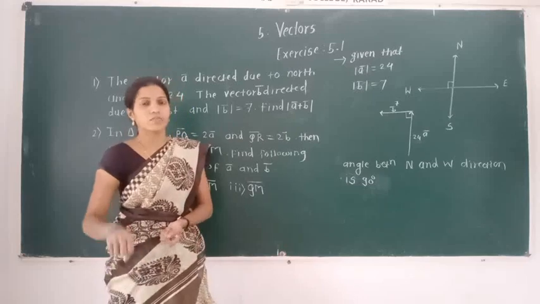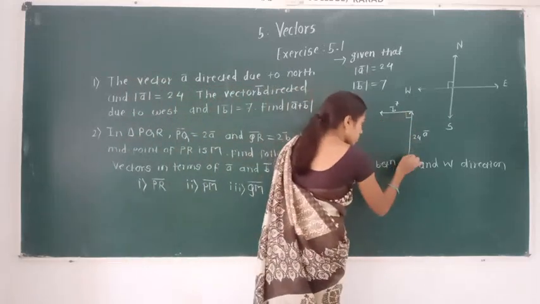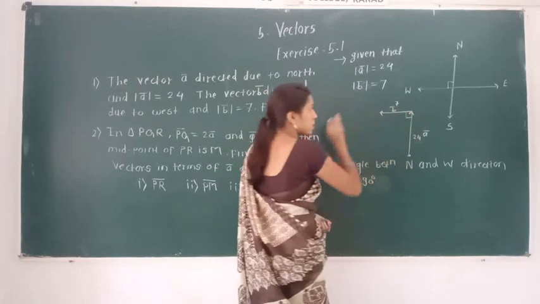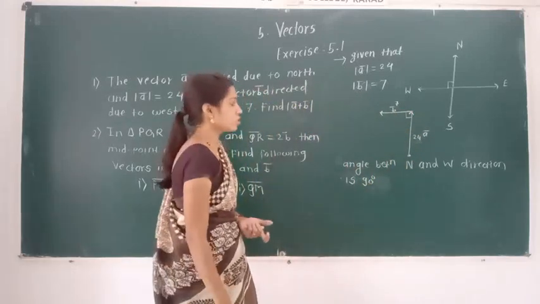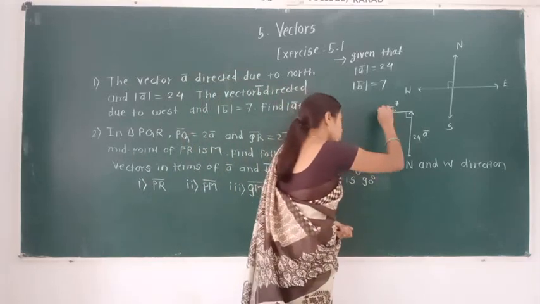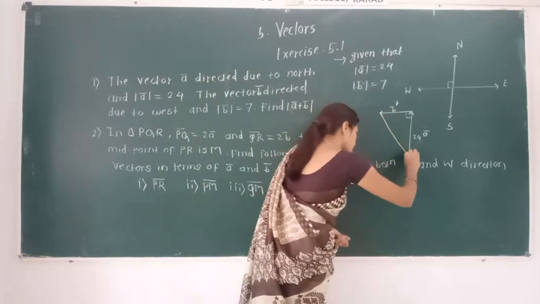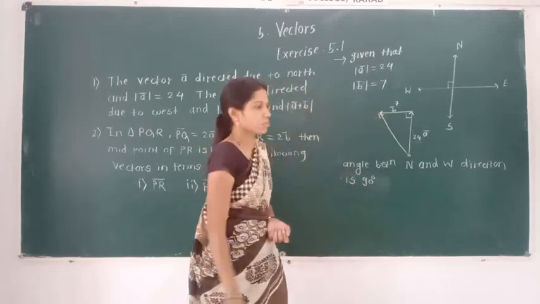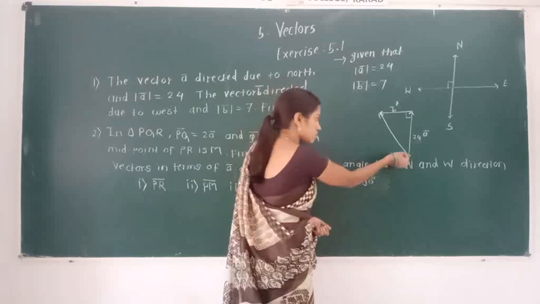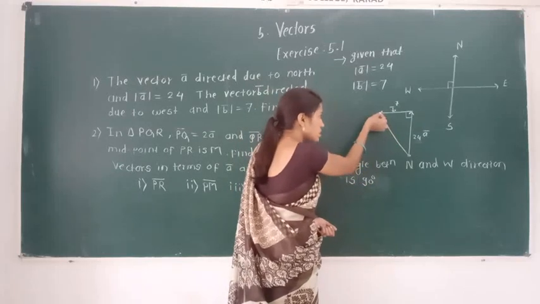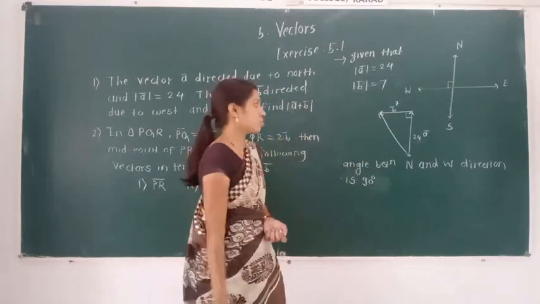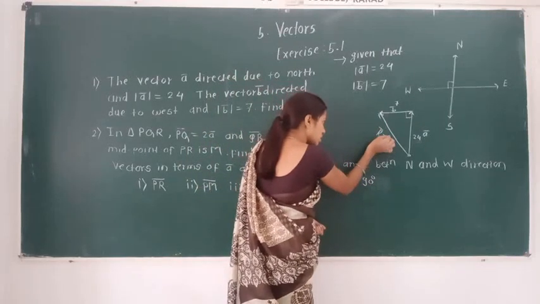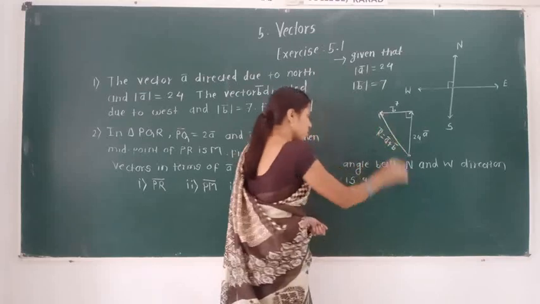Now see how the triangle law is defined. The vector A bar that we have represented here, its terminal point is the initial point of B bar, and in that case the sum of these two vectors is represented as our resultant, and this is the resultant vector in this direction. Now its direction we represent from the initial point of the first vector to the terminal point of the second vector. That means this is our resultant vector R bar and we can write it as A bar plus B bar.